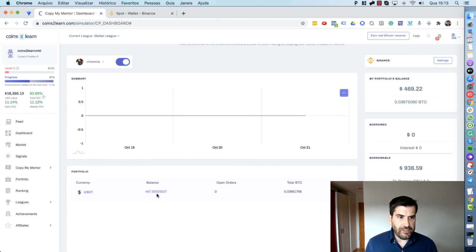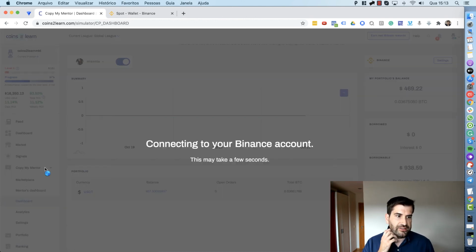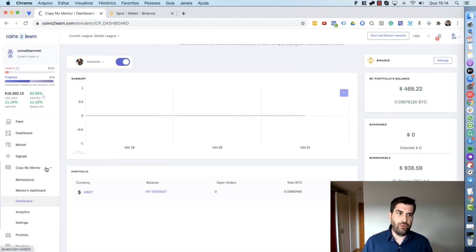So right now the system will start to follow the trader and copy the coins that Miss Mia is doing, because I chose this trader. It's pretty simple how you can do that, right? There is nothing to it, just follow the instructions, and you can also start to follow these profitable traders. All the trades that Miss Mia or the mentor you choose create on Coins2Learn, you also will do on Binance, right? So we are copying with real money, your money, what the profitable traders are doing on